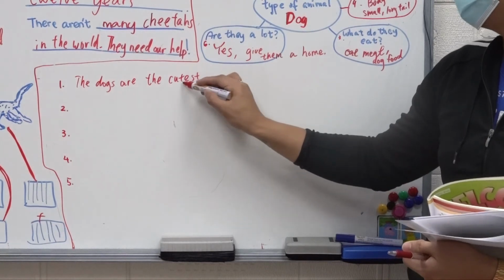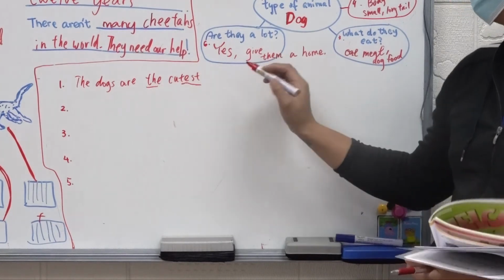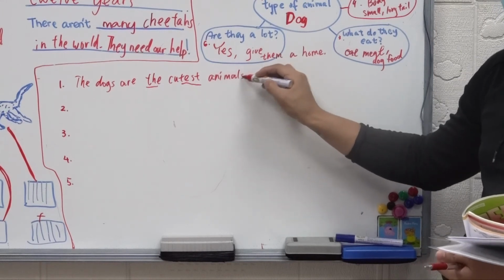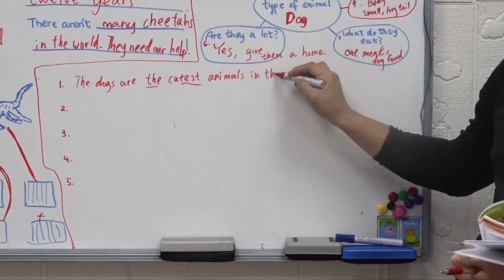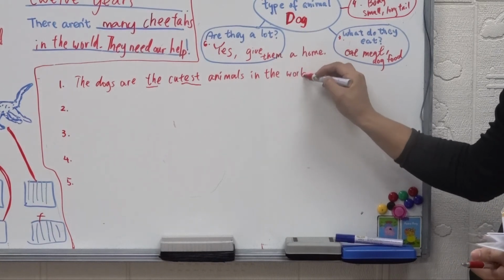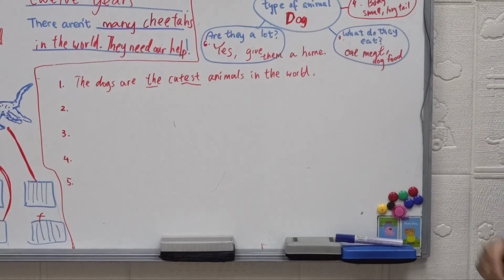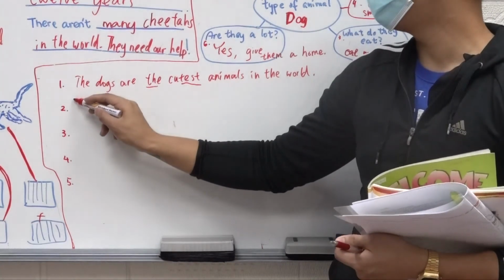Remember we use EST, right? And the word the. This is superlative. The cutest animals in the world. Full stop, right? We already talked about dogs. Number 1. Number 2, what color, right? What are their colors, right? You can say,